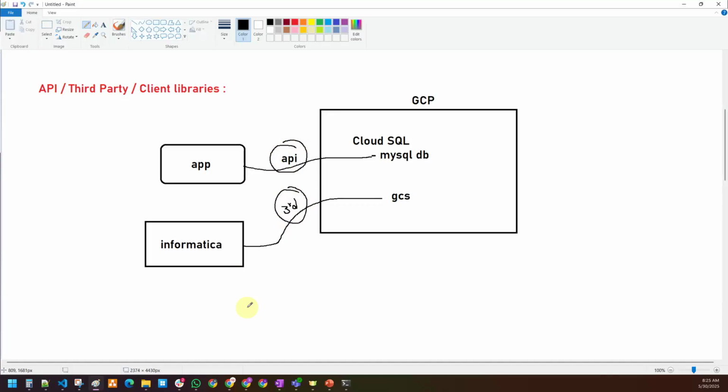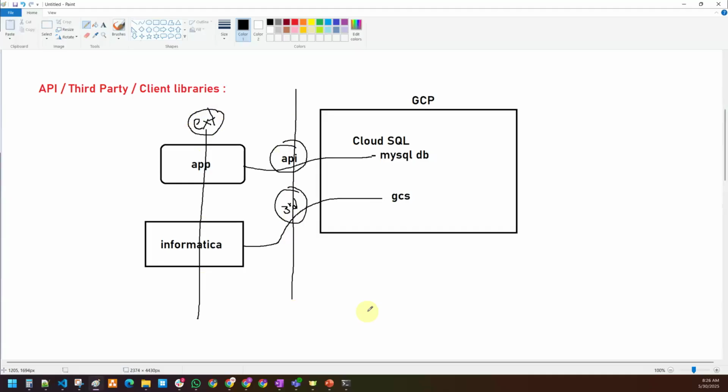There are some scenarios we are going to see, but for now try to understand that an external tool from outside the Google Cloud platform can interact with the GCP services. External tools can interact with the GCP services via the API, third-party tools, client libraries or programming languages.